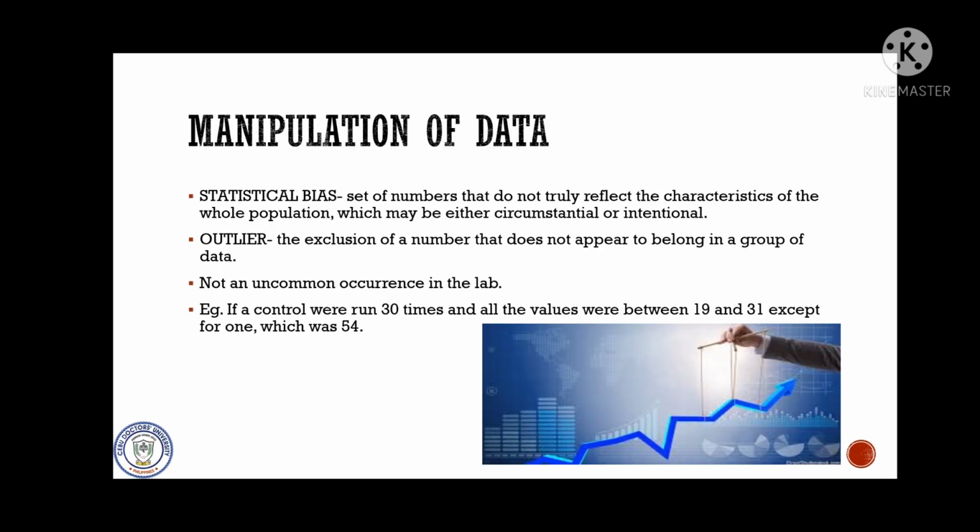Manipulation of data. Decisions about what to include in a population or sample are often criticized by those who question the validity of statistical figures. You know those statistics that are given on the TV, like the percentage of those who agree with the current president is like this and like that, and the opposition population against the president are these values. Usually, class, we have a feeling of